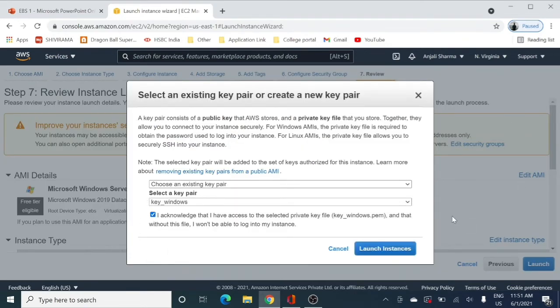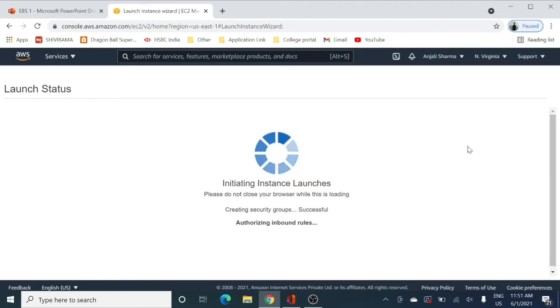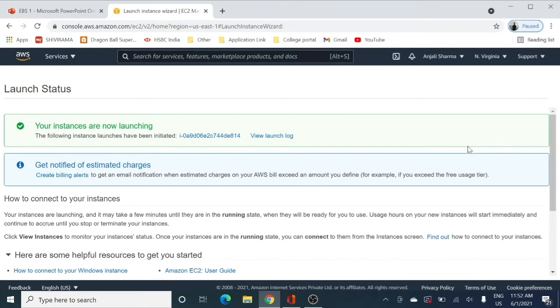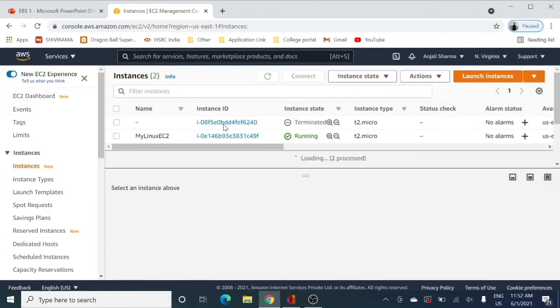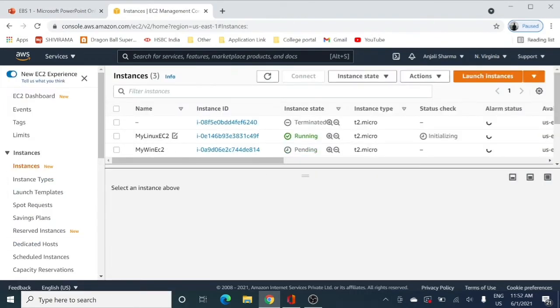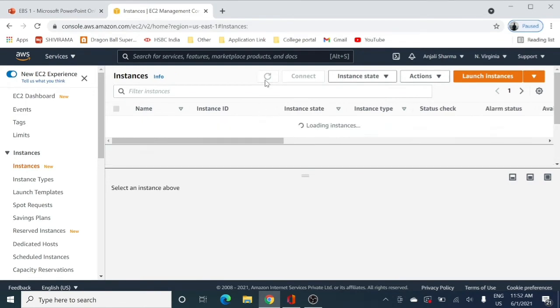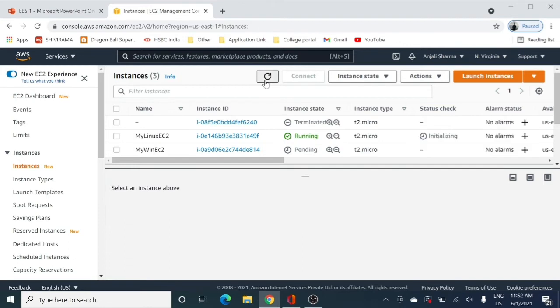I acknowledge and launch. So now I have quickly launched my two EC2 instances, one with the Linux AMI and another one with my Windows AMI. If I go to view instances, you can see that my Linux one is now running, and the Windows one will soon be coming to the running state.